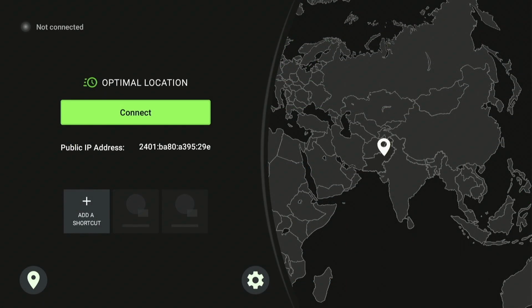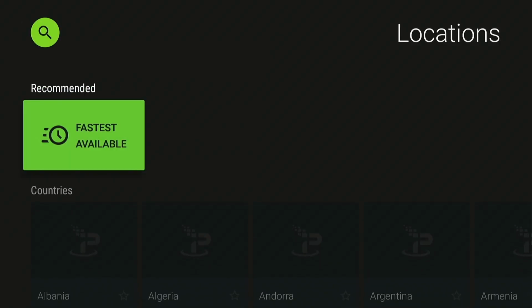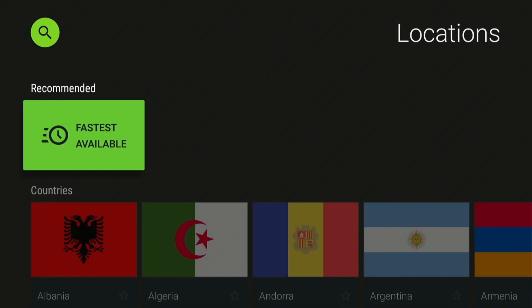Welcome to the IPVanish VPN. Before we can hit connect, let's quickly go over a few steps. First, scroll down and select the locations. Now here you can pick any location you want your VPN to connect to. You can select any location you prefer, or just choose the optimal location to let IPVanish pick the best server for you. So I'm going to hit on the optimal location,